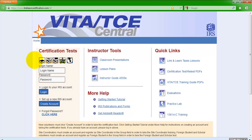Then move on to the intermediate level tests and retest questions, and then again do the same thing online with the answers you already have on your PDF version. Now when you do take the tests, when you answer test questions, it's first going to require you for some questions to prepare tax returns, and I encourage you to do that using this tool here called Practice Lab,